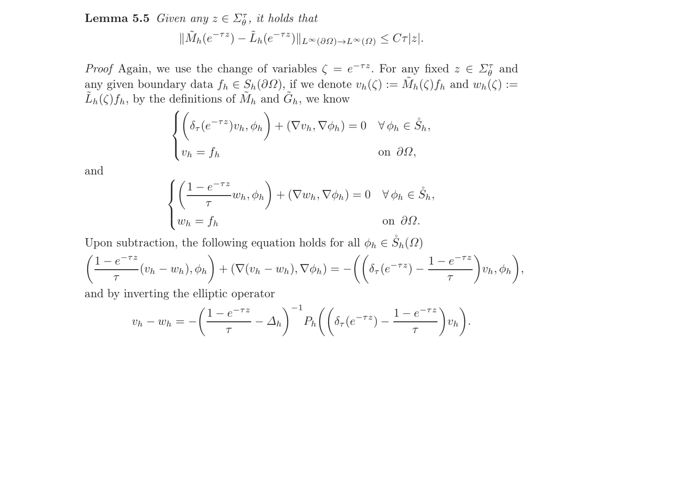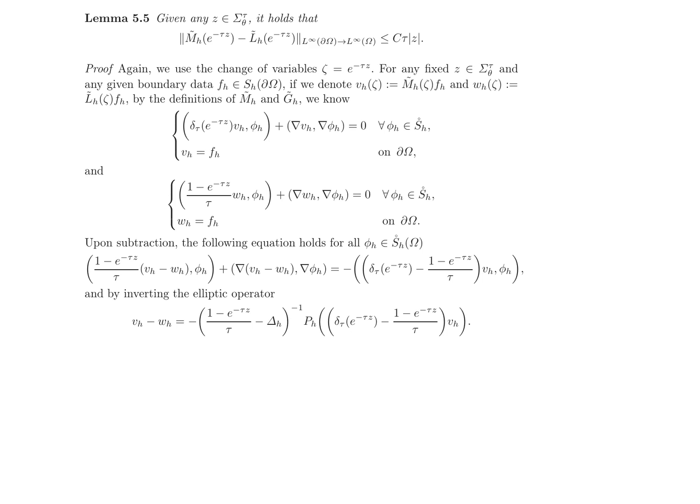The proof involves a change of variables zeta equals E minus tau z and the use of elliptic regularity. The estimate is bounded in the L infinity, partial differential omega, right pointing arrow L infinity, omega, norm, and depends on the parameter tau and the complex variable z. The proof of lemma 5.5 involves the derivation of an equation for the difference VH minus WH, where VH and